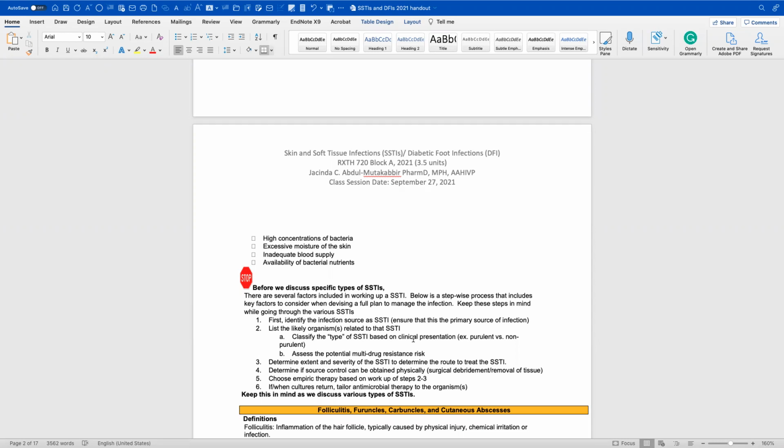Then you want to determine if source control can be obtained physically, meaning can we get rid of this infection if we just remove that source? If we debride, and sometimes you may still have to use antibiotic treatment, but you want to make sure that the antibiotic treatment will be able to penetrate through in the event that debridement is necessary, right? We know what